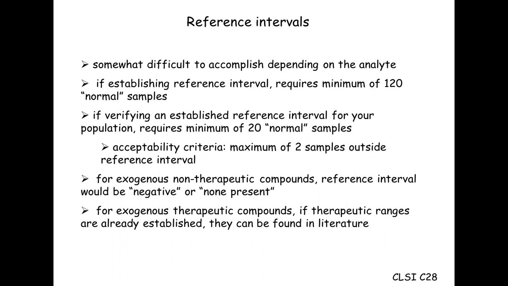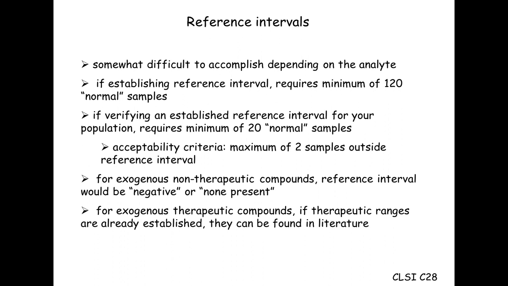The reference intervals are something that we have to think about, especially for endogenous analytes. And again, these are somewhat difficult to accomplish depending on the analyte. If you want to establish reference interval of your own, then it requires a minimum of 120 normal samples. And another way to do it is to verify and establish reference interval for your population. And in that case, it would require a minimum of 20 normal samples. And the acceptability criteria to verify and establish reference interval is that a maximum of 2 samples could be out